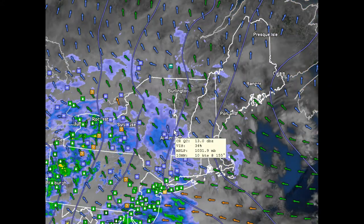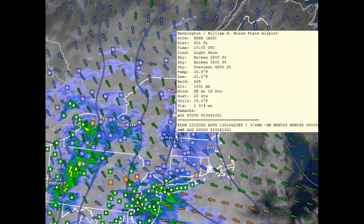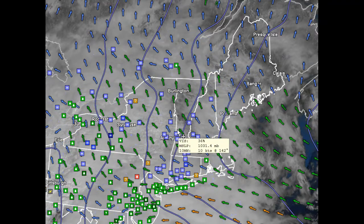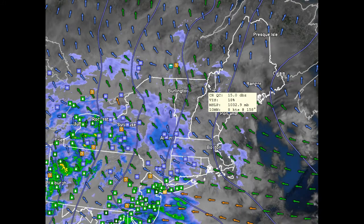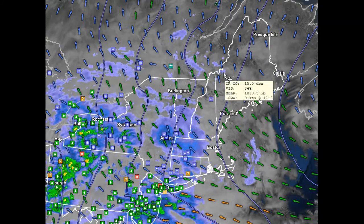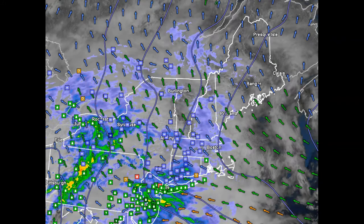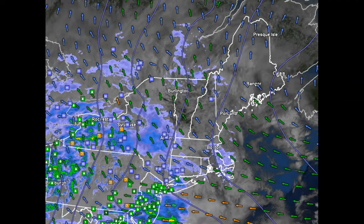Currently across Vermont, a little bit of flurry activity is moving in, mainly across our southern locations. We're not seeing anything too heavy out of it just yet. This is all going to start to pick up and begin to push in and overspread the region, and continue in sort of northeast bound. And please see the latest heads-up information prior to this and a new issuance a little bit later on this